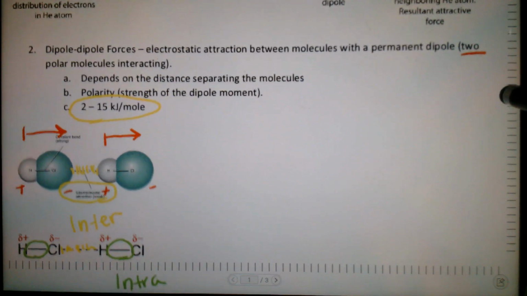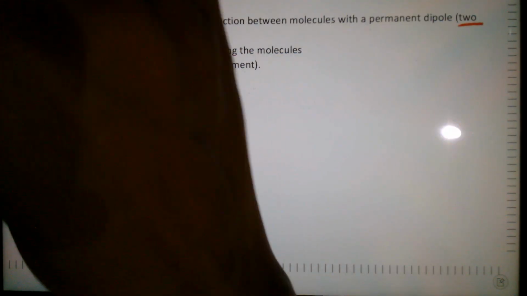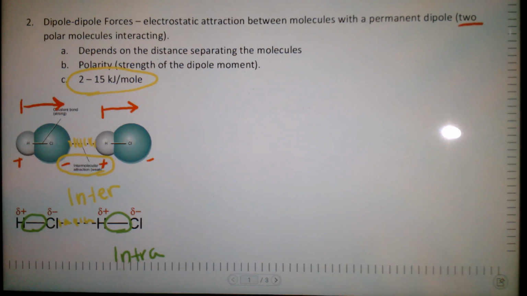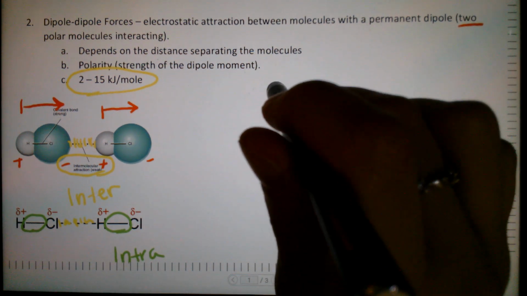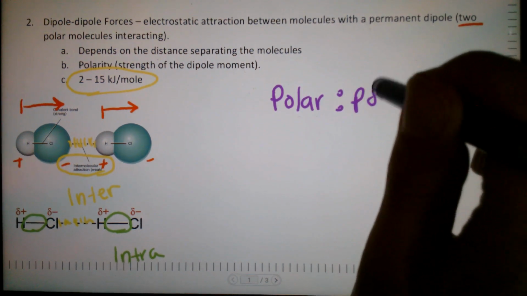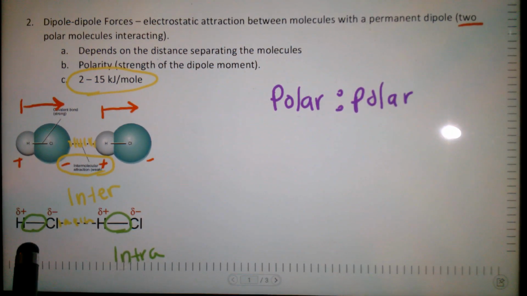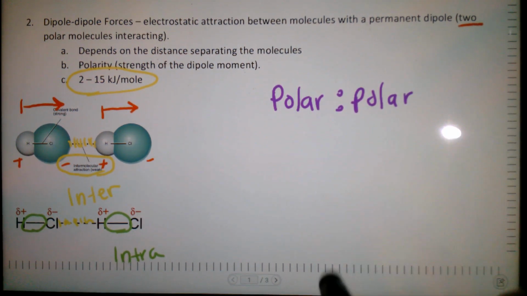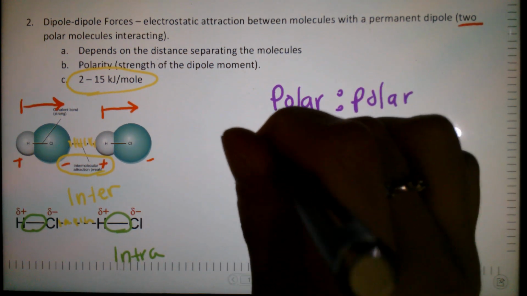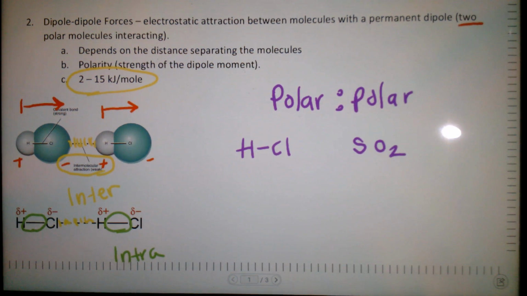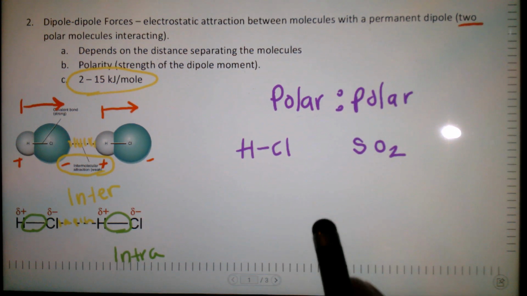So if we look at this one here, this one was called dipole-dipole. Dipole is sort of short for polar, so this is polar with another polar. It can be the same, like we saw here with HCl, or it could be different. So we could have it with HCl and SO2. So let's say we had HCl and we had SO2. We would expect dipole-dipole forces between these two molecules, even though they're not the